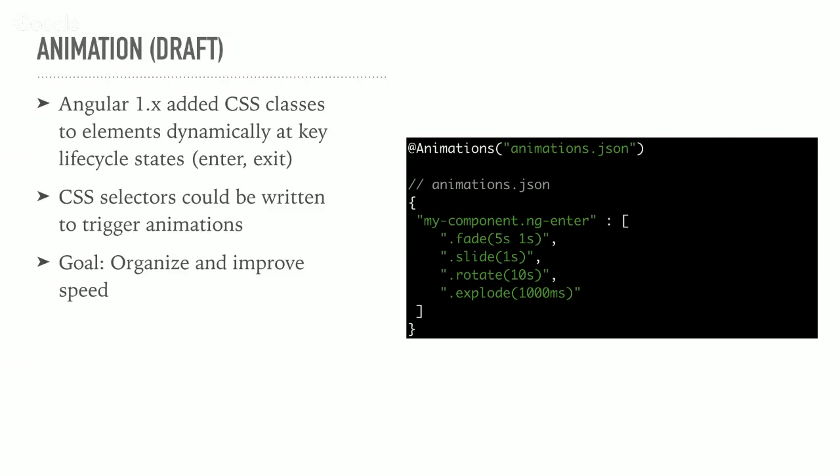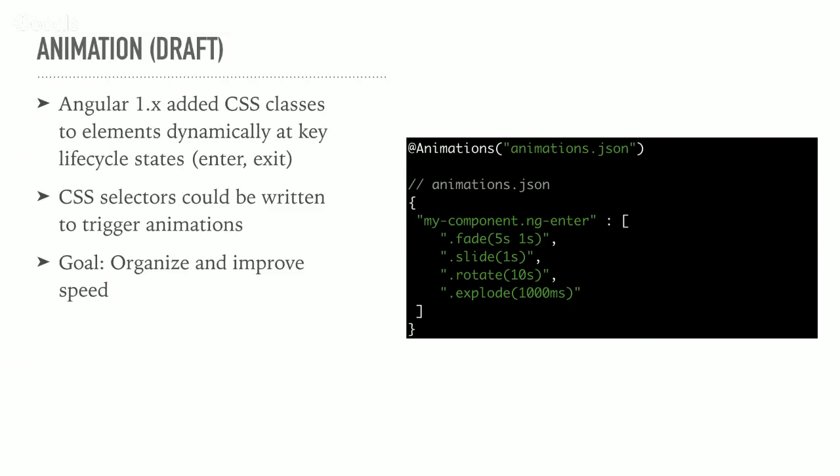All of your animations start living in the same CSS files as your presentation, and you can quickly lose track of where animations are triggered. So Angular 2 is looking to bring the power of annotations to animations by specifying JSON files that drive the animation logic. So you could have an animations.json file, and in it specify which component and the animation state that